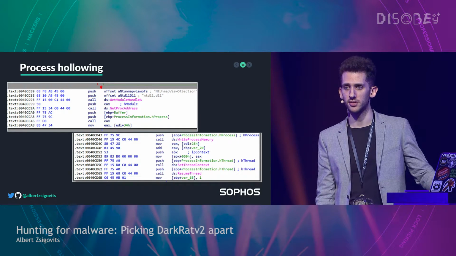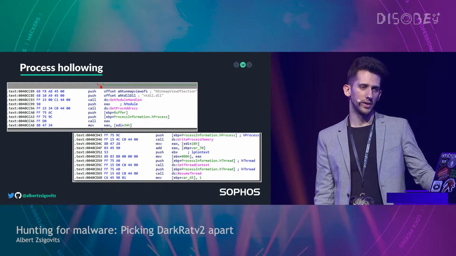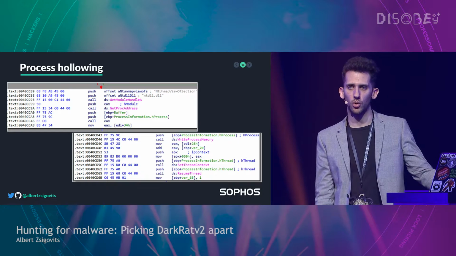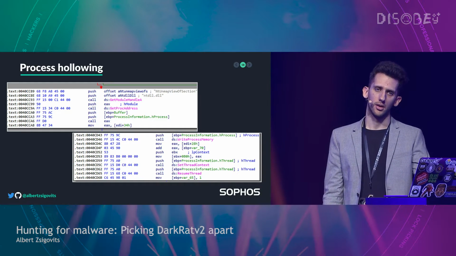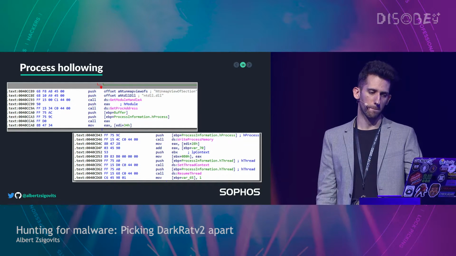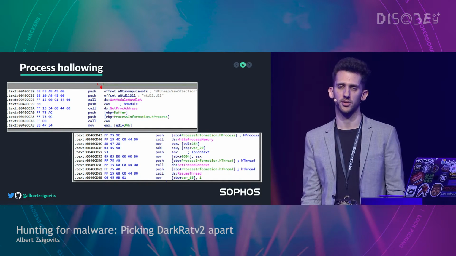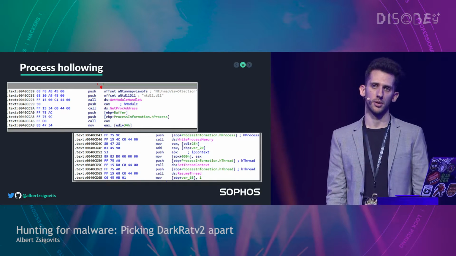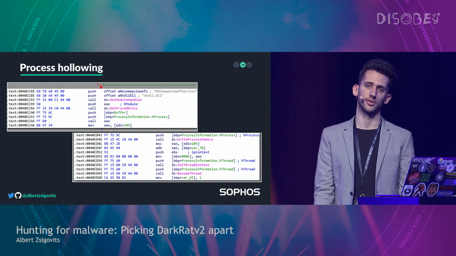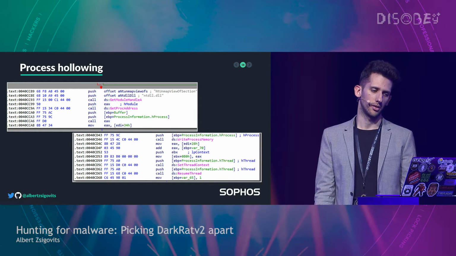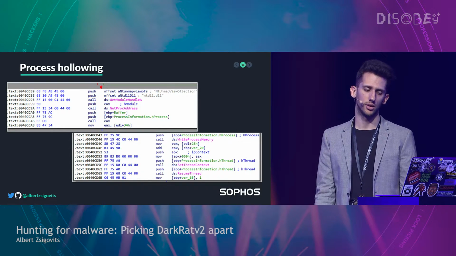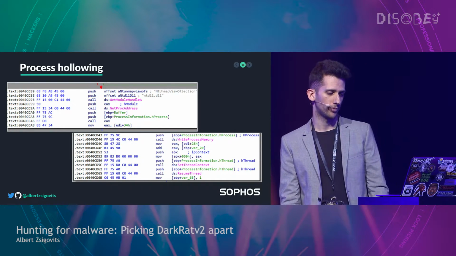It's called process hollowing, where basically any malware can unmap or hollow out memory from a process, and basically overwrite or switch out that legitimate memory of the process with certain malicious code. These are some of the API calls that you would use to achieve this.